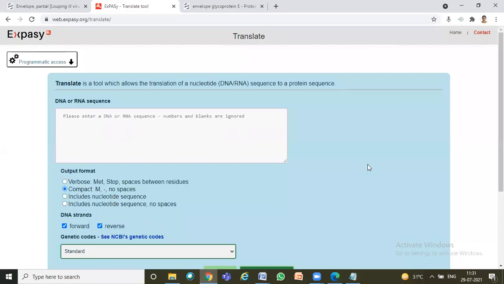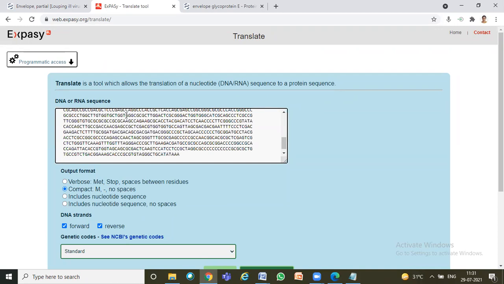sequence, but in ExPASy, from the Swiss Institute of Bioinformatics only, you have some tools called ExPASy. In ExPASy, you have a tool called Translate. So what is the translation process? DNA will be converted to RNA, RNA to protein. So to this tool, you can either submit your DNA sequence or RNA sequence, so that you will get the protein sequence. This is how the TrEMBL will do.